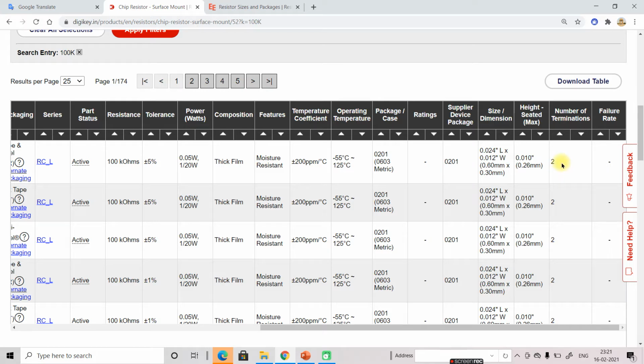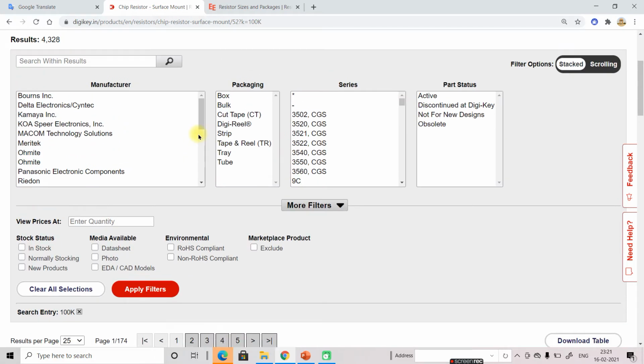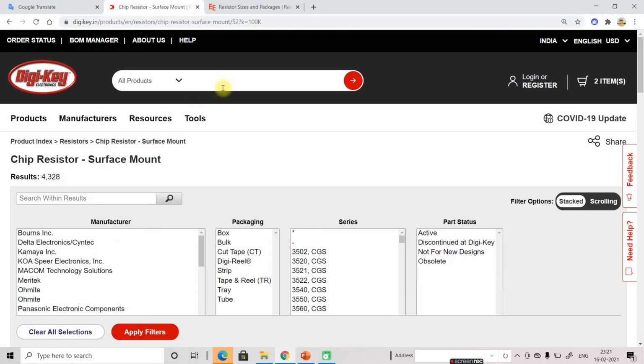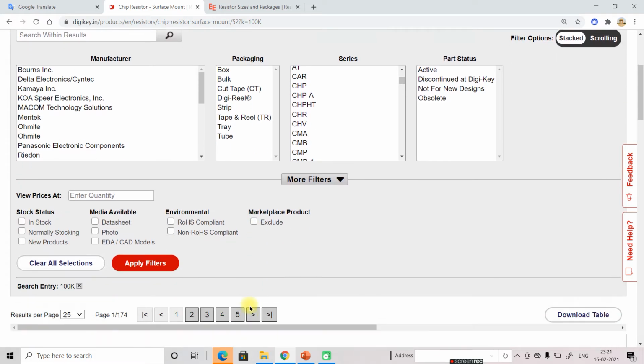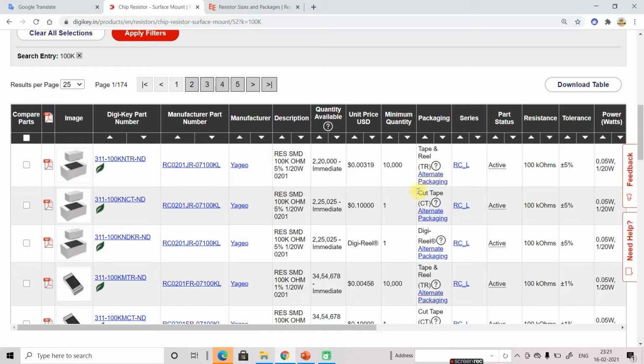Termination means number of point corner, one corner, two corner. So I put 100k, and it is showing this, but we don't want to select as per this.